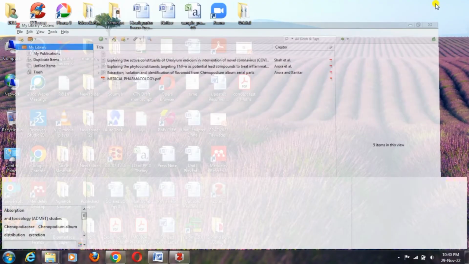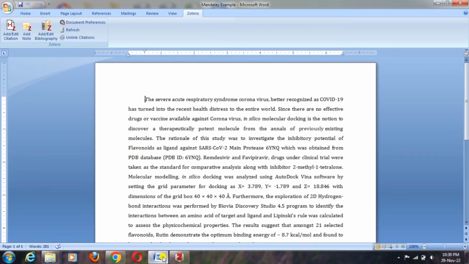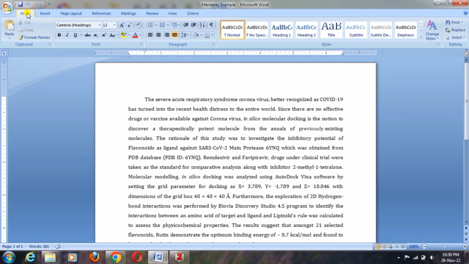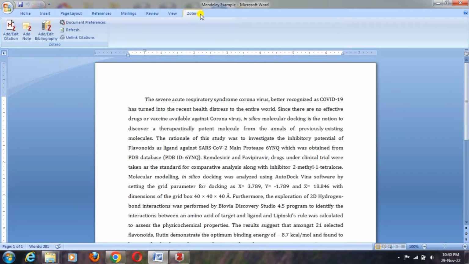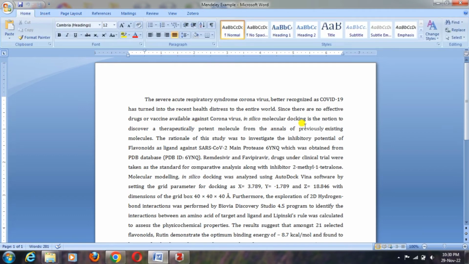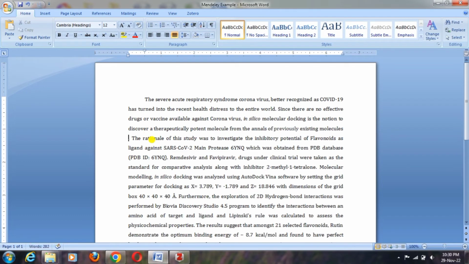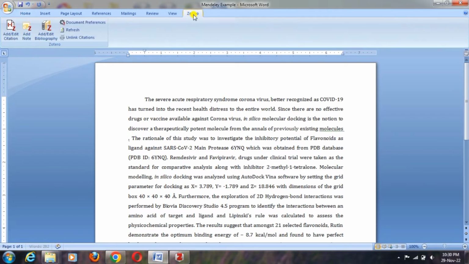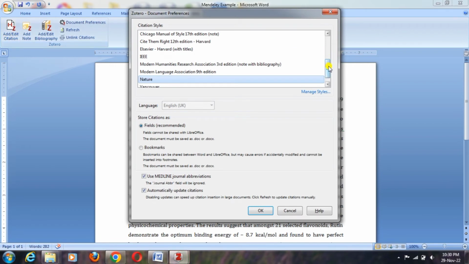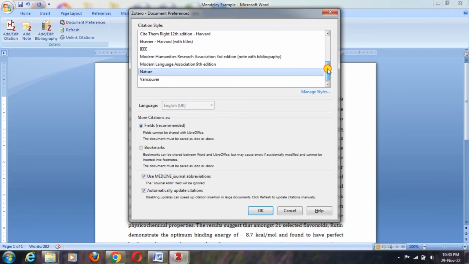The next part is we will check how to add these articles into your Word file, manuscript or thesis file. For that, open the Word file and add any reference. Suppose you want to add a reference at this point, you have to keep the cursor here and go to Zotero and click the first option, add and edit citation. After add and edit citation, this window will appear. It will ask you to choose the style in which you want to insert the references. Suppose I have selected the Nature style and click OK.